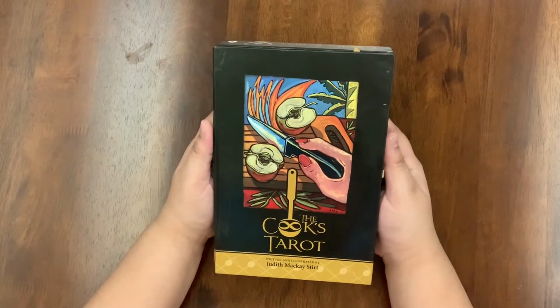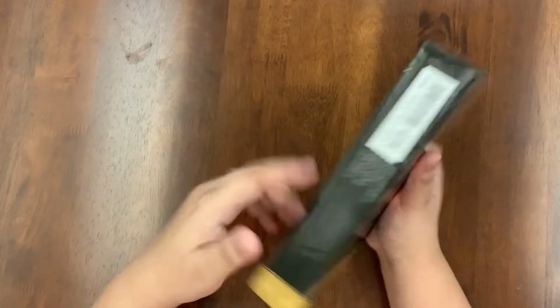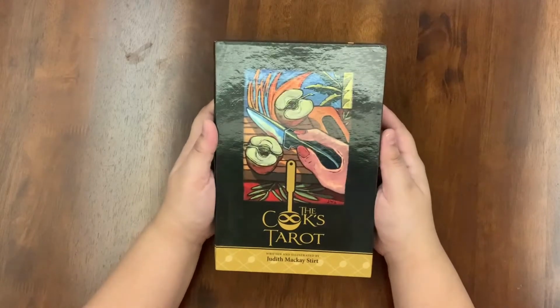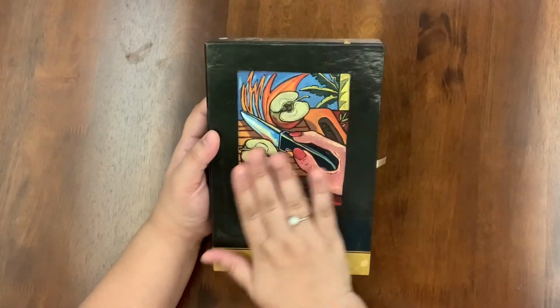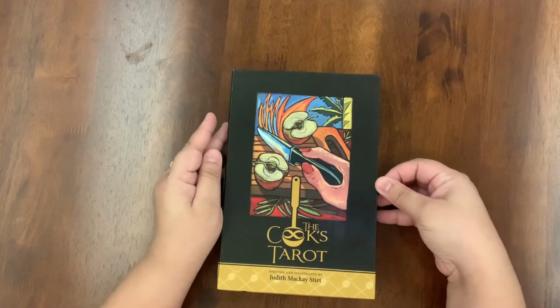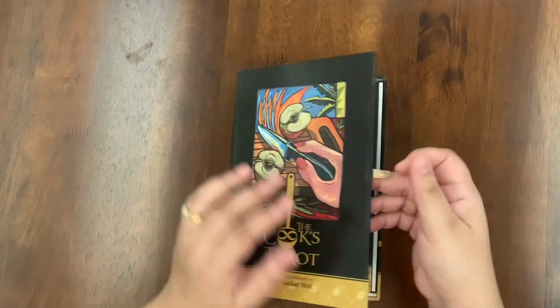All right. So this is the Cook's Tarot, and it has a beautiful box, so it's quite sturdy. I have used it a couple of times, I'll be honest, not so much, but I think I should work with it a little more. It's just kind of been underplayed. I somehow feel it's not got its share, its moment of truth or its recognition that it really deserves. All right, so let's just take a look. So it's got this beautiful